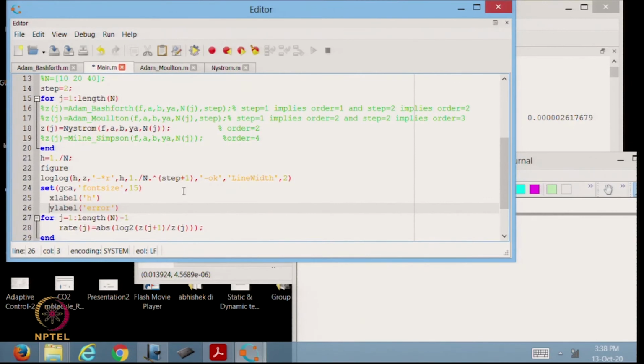So, this is, I can press 1, though it is irrelevant, corresponds to Nystrom. But why I am modifying this step is equal to 1 is just so that the h square line is plotted parallel to the actual error, because the order of the method is 2.